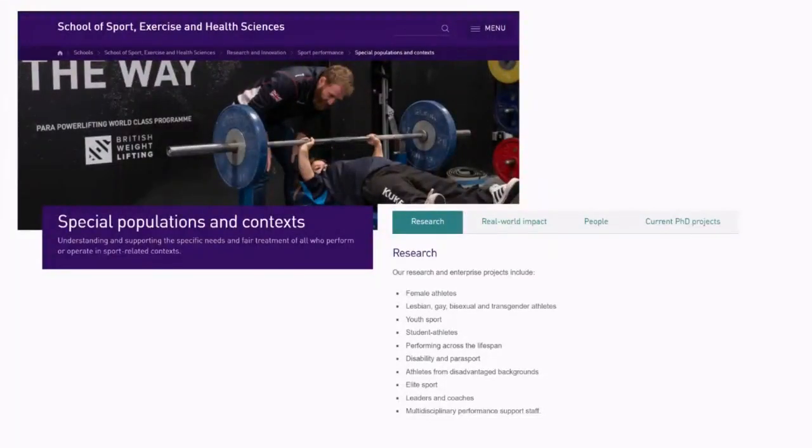language. And I've only been at Loughborough since January, and when I was preparing for my interview, as you do, you look at the research and you look to see what's going on. And still, we're about to hopefully launch the Women in Sport Hub. We have a special population section, of which females is top there.